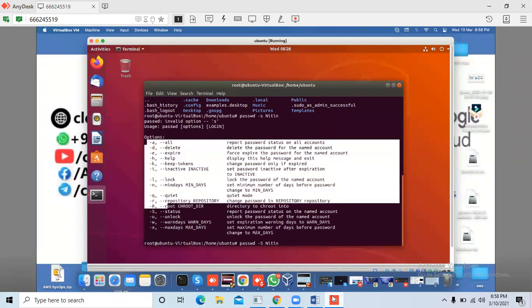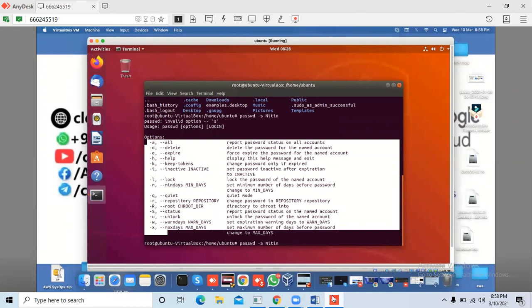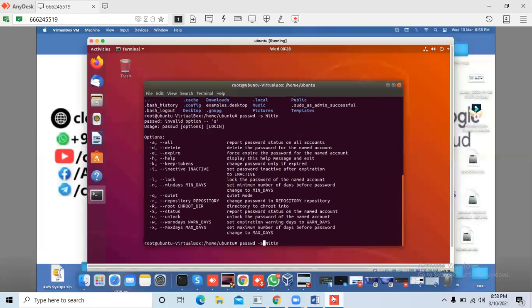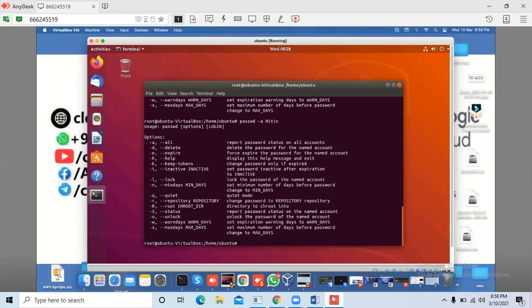There are all options you can use with the passwd command, -a for all. Let's run -a to check the status for all. Now passwd -S, capital S, and Nitin.